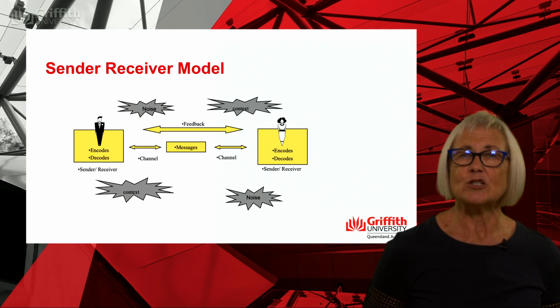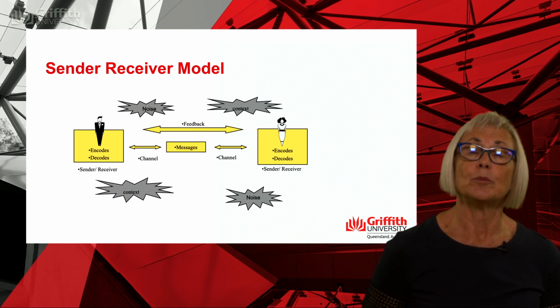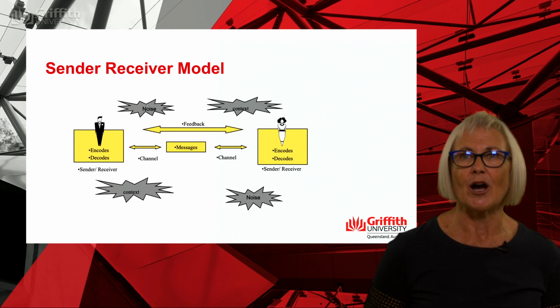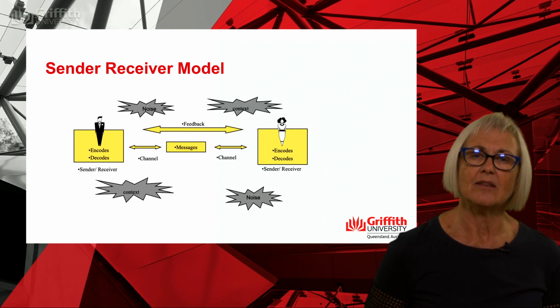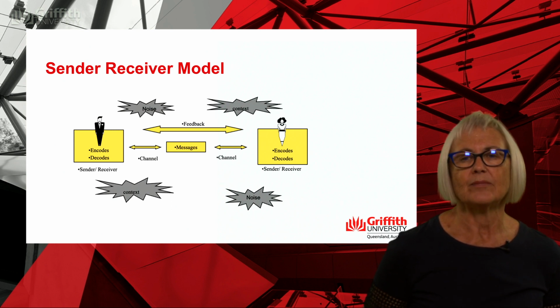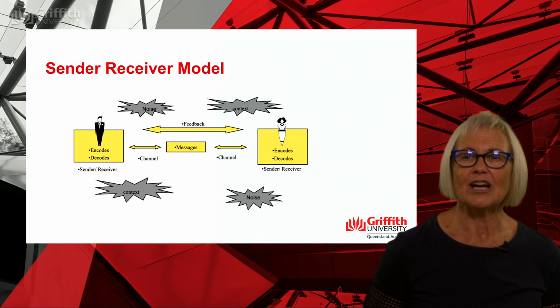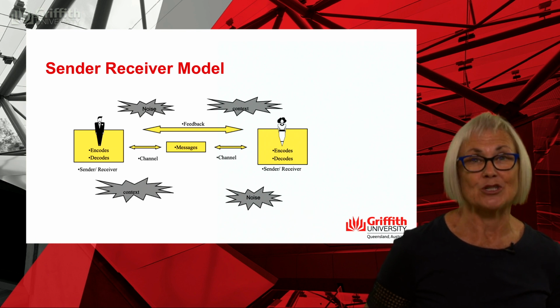Affecting the message delivery is also context and noise. So context is the setting in which the communication takes place. So that's like the environment around us. Whereas noise is the interruption to the message that can lead to misunderstandings. For example, language barriers or cultural backgrounds, or it could be physical noise, or it could be that the person that is actually speaking we don't respect. By understanding this model, this enables us to see how the communication we think we are delivering clearly may be misunderstood or misinterpreted.